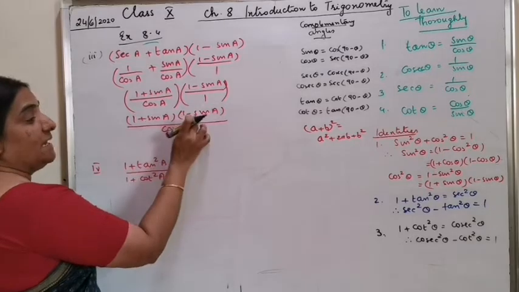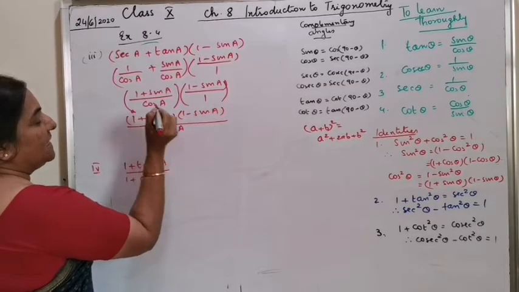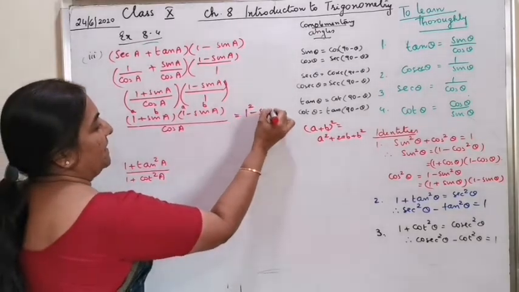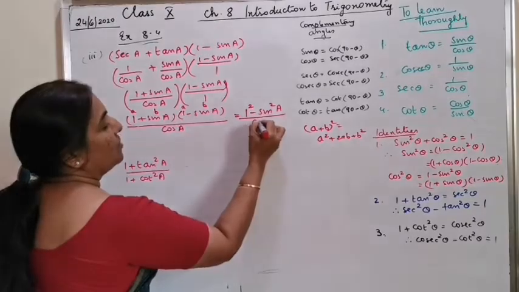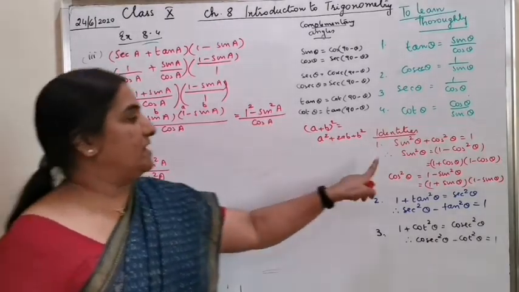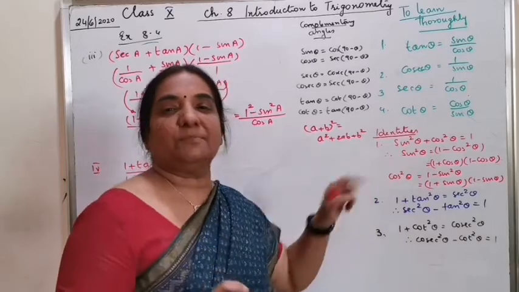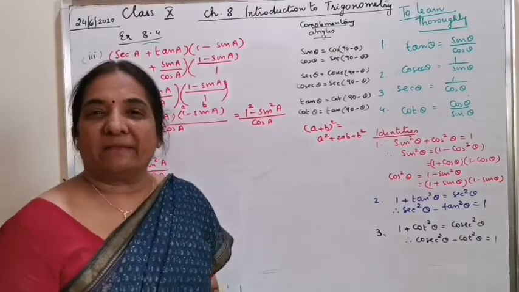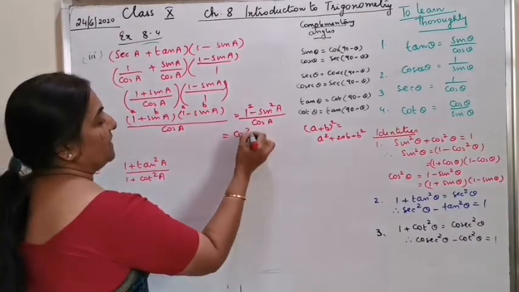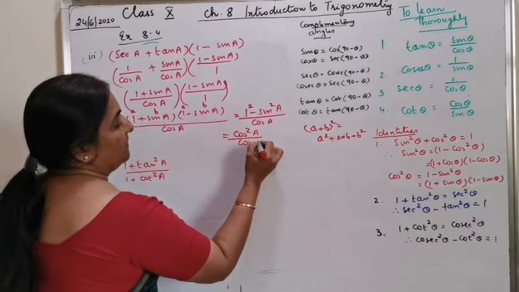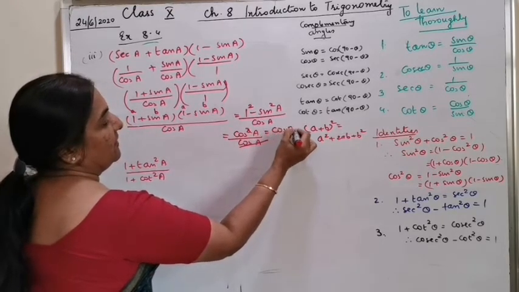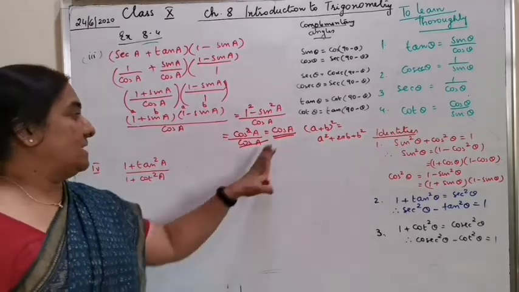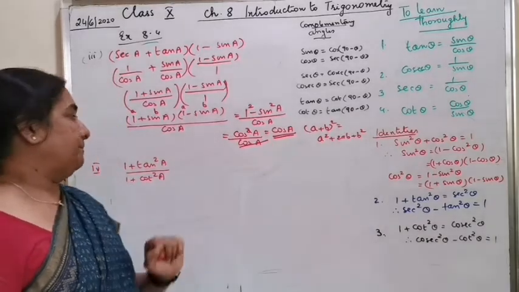What is 1 plus sin A into 1 minus sin A? You can compare it with A plus B into A minus B, which is the same as A square minus B square, by cos A. And now the first identity is sin square theta plus cos square theta is equal to 1. Therefore, what is 1 minus sin square A? That is cos square A by cos A. One of the cos A gets cancelled and the final answer is cos A. This will be a multiple choice question, and cos A will be one of the choices.